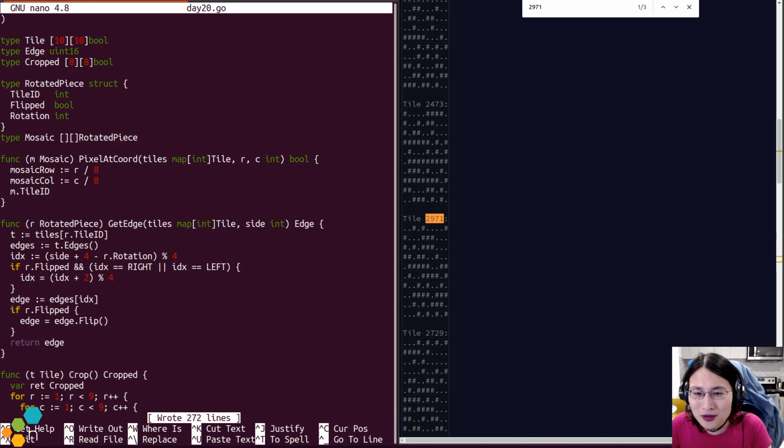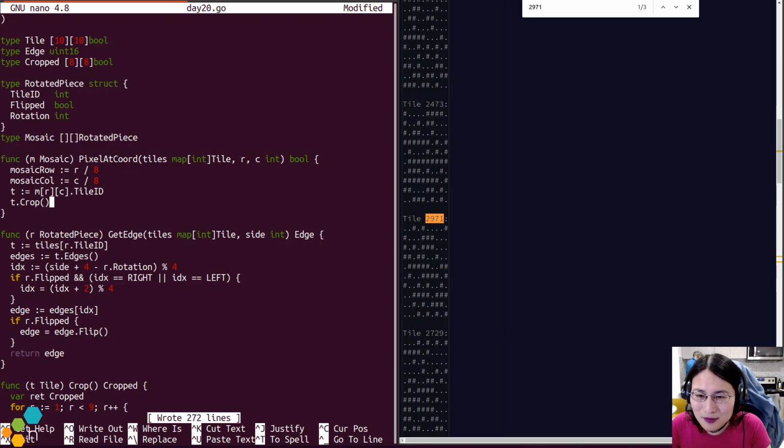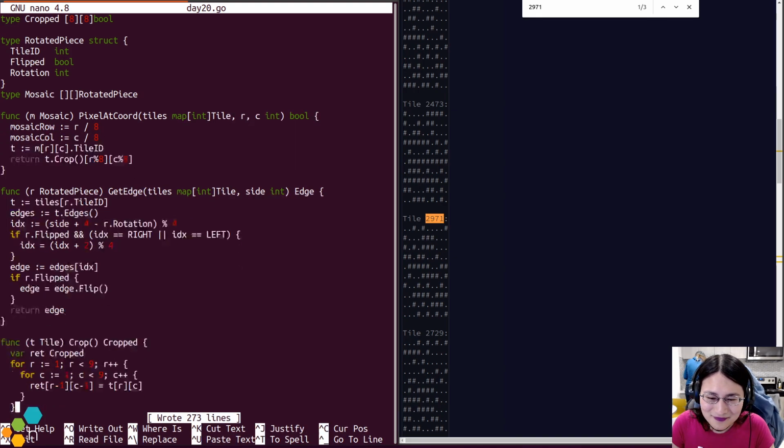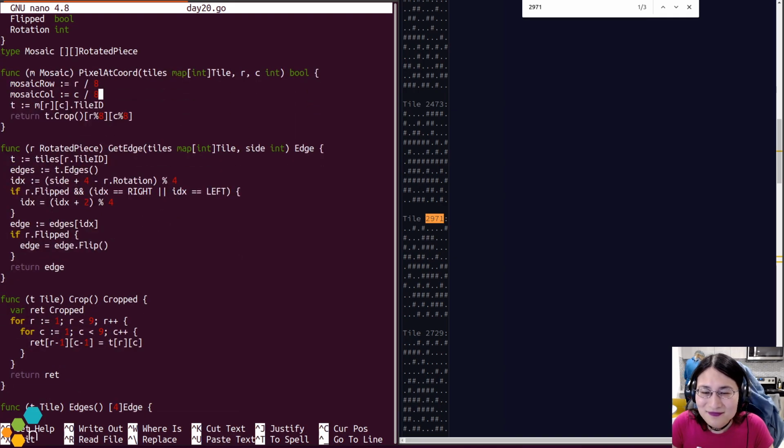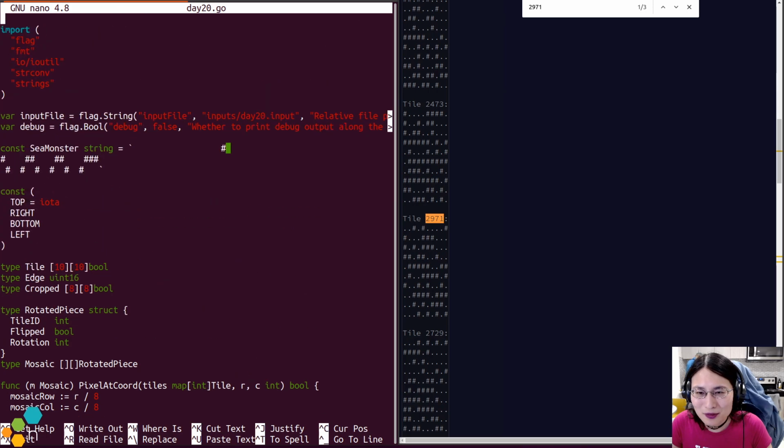So now we need to look for M index RC, T crop, C % 8. I think that should do it. All right. So now we need to sweep the entire thing from each starting point, looking to see whether the pattern matches.